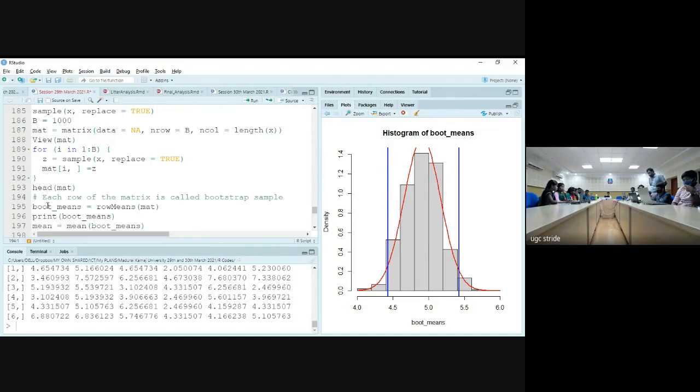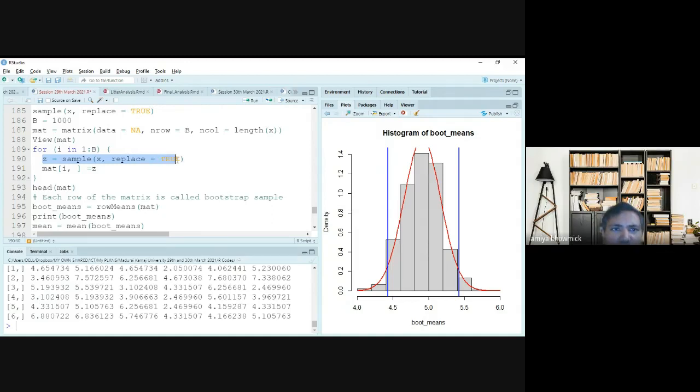But can you explain lines 189 to 192? There it shows a small arrow kind of thing in the number, and you have kept this curly bracket. Okay, here you got an error. What I'm doing here is writing a loop for i is 1 to B. B is the number of rows in this matrix, that means the number of bootstrap samples.